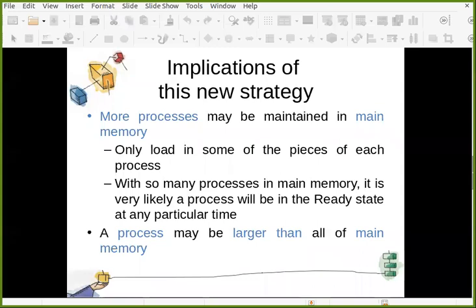We are only loading some of the pieces of each process. With so many processes in main memory, it is very likely that at least one process will be in the ready state at any particular time.